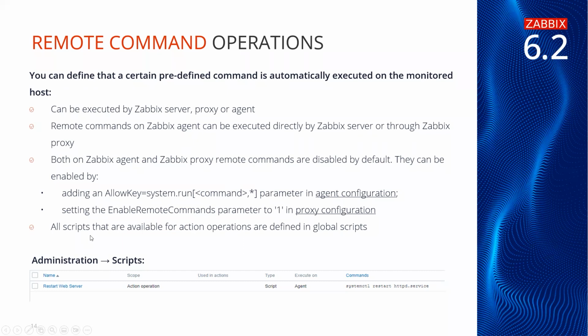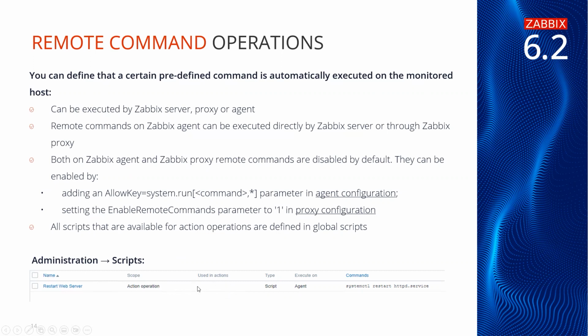So the remote commands are going to execute something, and most of them are scripts or some commands, and all the scripts that are available for action operations are defined in global scripts. You go to Administration and Scripts, and you need to be super admin to have access to this section. And you can create a new script internally on the front end. It's really simple. You give it a name, you set the scope, make sure that the scope is action operation,